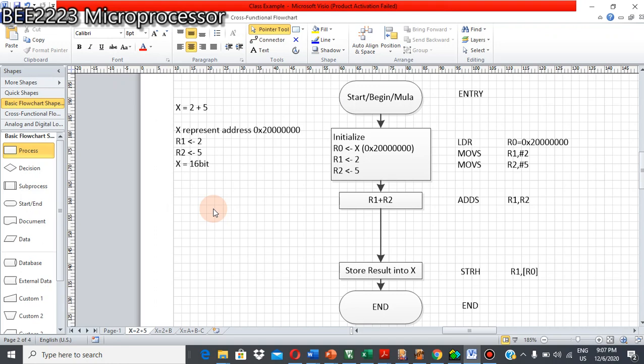I believe all of you understand a little bit how to use every instruction that has been discussed before. So it's time now for us to look into a few examples of how to use these instructions to solve a real problem. In this video, I try to discuss three arithmetic problems. Our first problem is x is equal to 2 plus 5, whereby x represents address 2000,